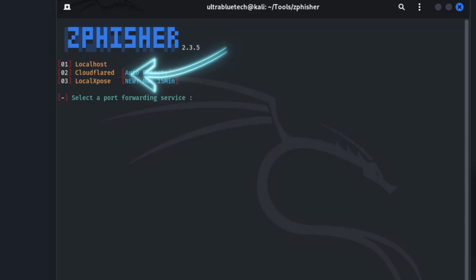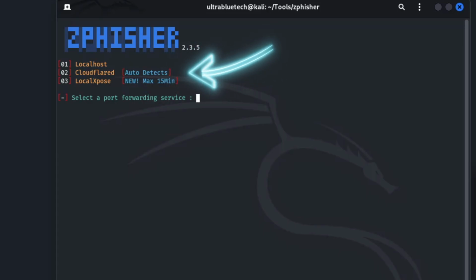This is the popular and reliable tunneling service provided by Cloudflare. It will generate a secure public URL that connects directly to your phishing page running on your machine. The auto detect tag means that Zphisher will likely automatically check if you have the Cloudflare tool installed and help you run it. This is the most common option you would choose when you are ready to send a link to a target. It is generally stable, fast, and the URL it generates can sometimes look more legitimate than a